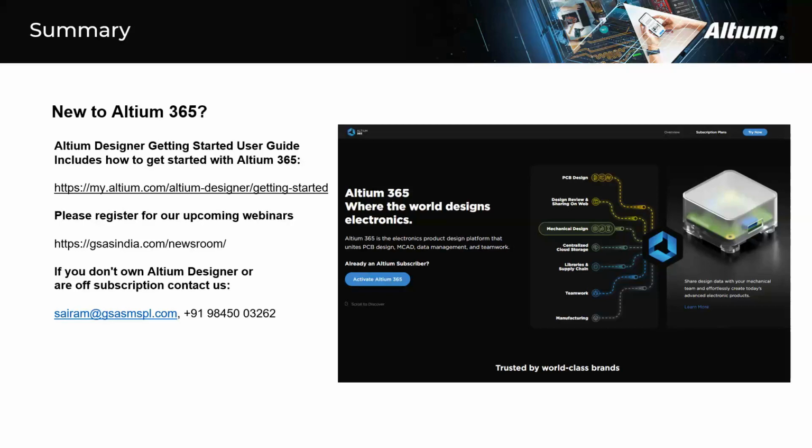And we showcased the library health checker, which is available inside Altium Designer and also in Altium 365. We also showed how we can view a project which is managed in the Altium 365 workspace. This is all about today's